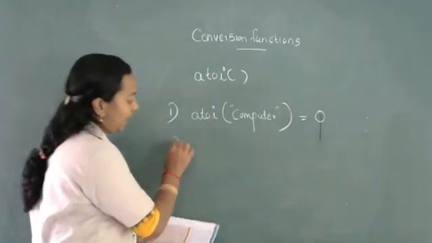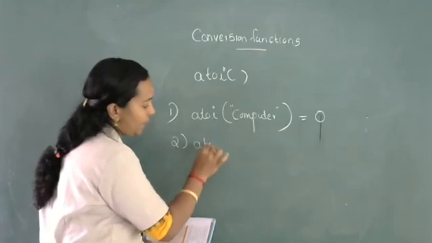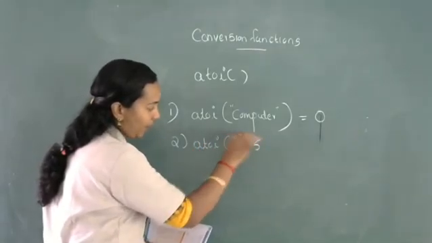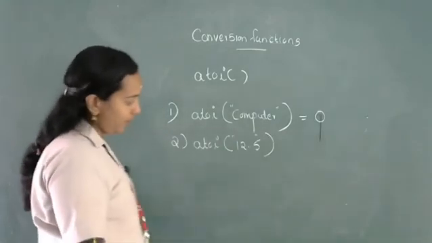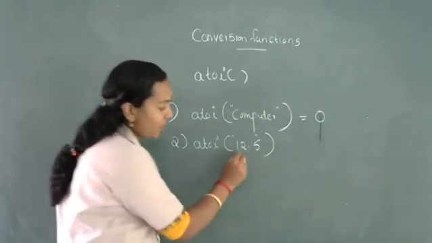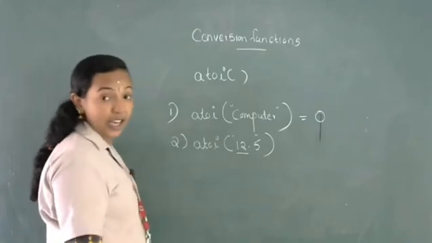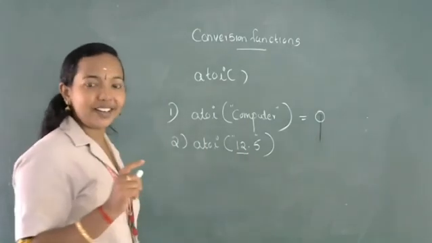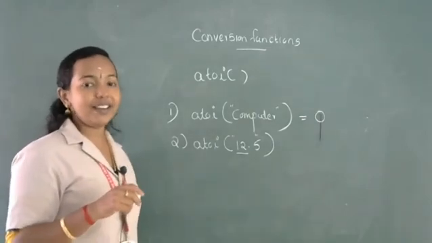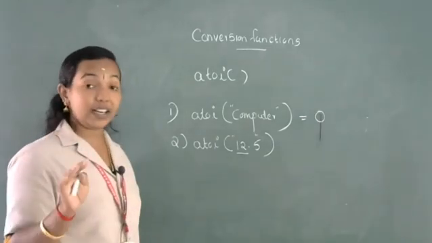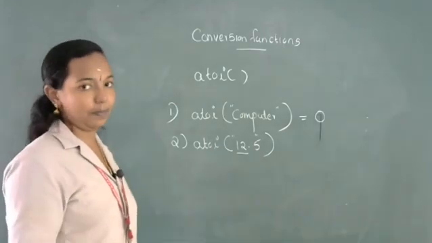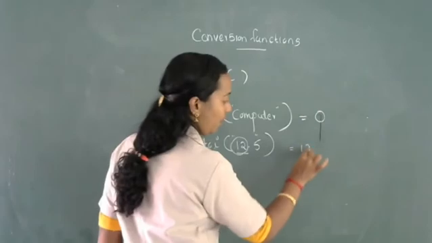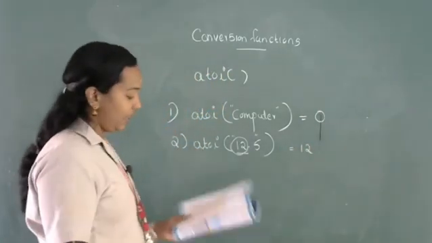Then next one, A to I 12.5. So here the first two characters are numbers. Third one, dot. So we already studied the definition of integer constant. Integer constant only contains integer without fractional part. So it will only extract the integer numbers, and the output will be 12. Then third one,